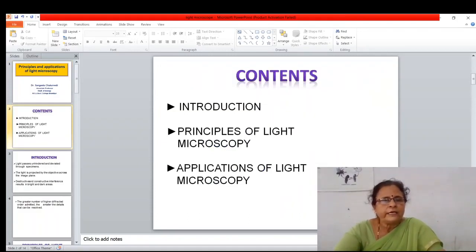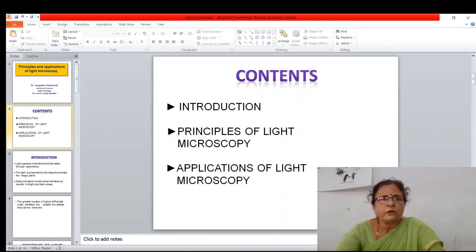The principle of light microscopy is that light travels in straight lines for the upper and lower side of a normal. When light passes through an object, it is hindered by the varying thickness of the object. Then we have resultant light in two types: the light waves which pass through the object, and the light passing directly around the object. There is a phase difference in both the lights traveled.